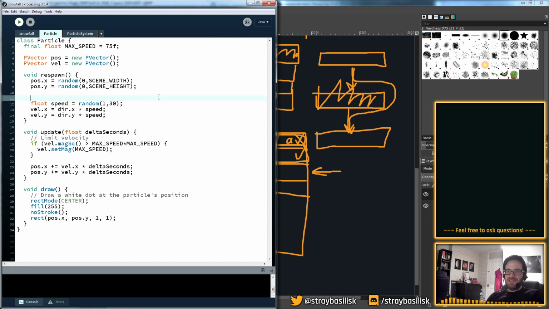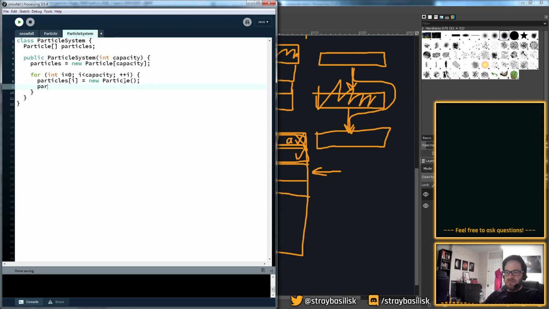Let's just show how that's done anyway. Random angle is going to be a random number between 0 and 2 pi. That's the random speed. So what is the x component of this? It is cosine of the random angle. So this is what that random 2D vector is doing internally, I would imagine. Okay, so let's just do that